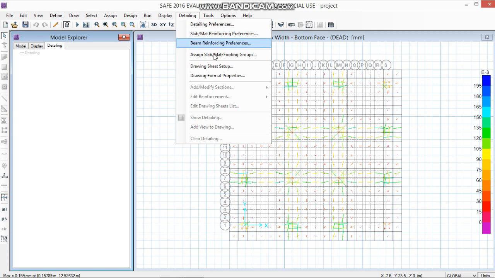Likewise, now you can go for detailing. Click on detailing.